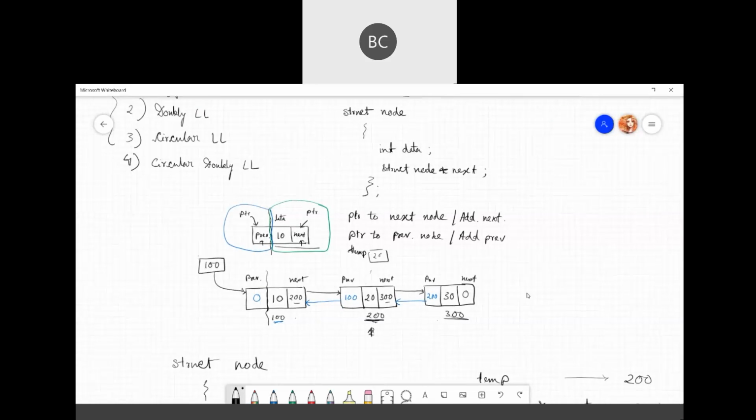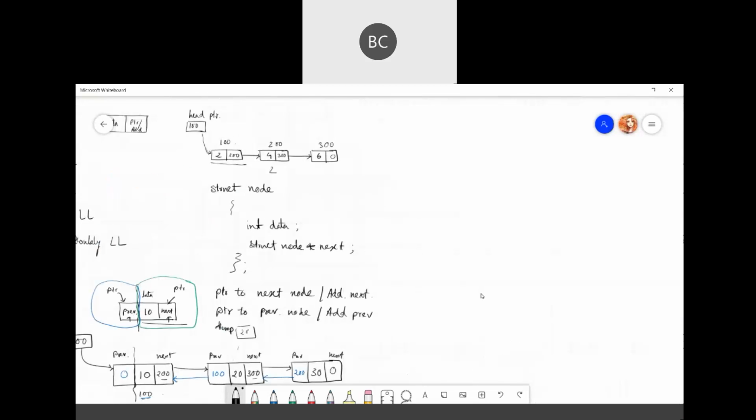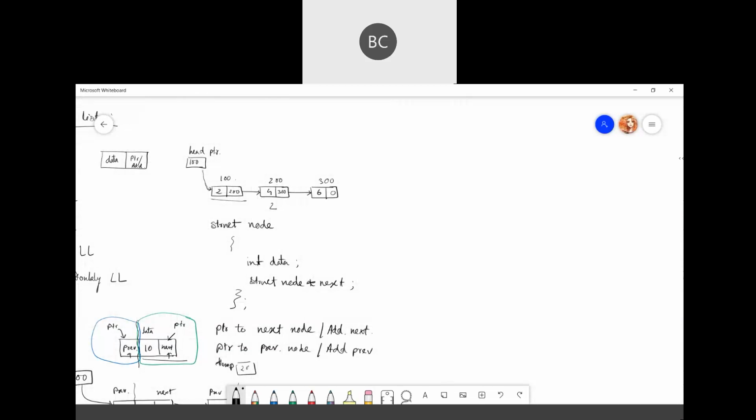Now, what is a circular linked list? I come to this part. This is our singly linked list, right? Do you guys remember the circular queue? What happens in a circular queue? What's the main point of the circular thing, circular queue or circular array? What's the concept?